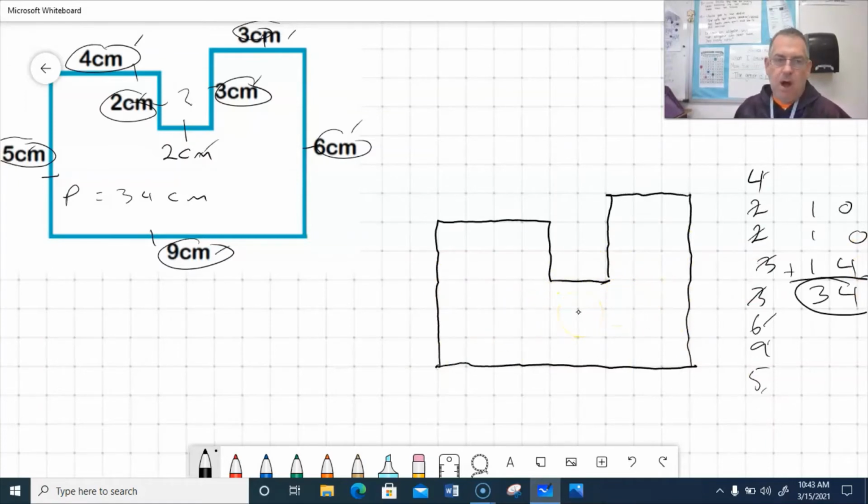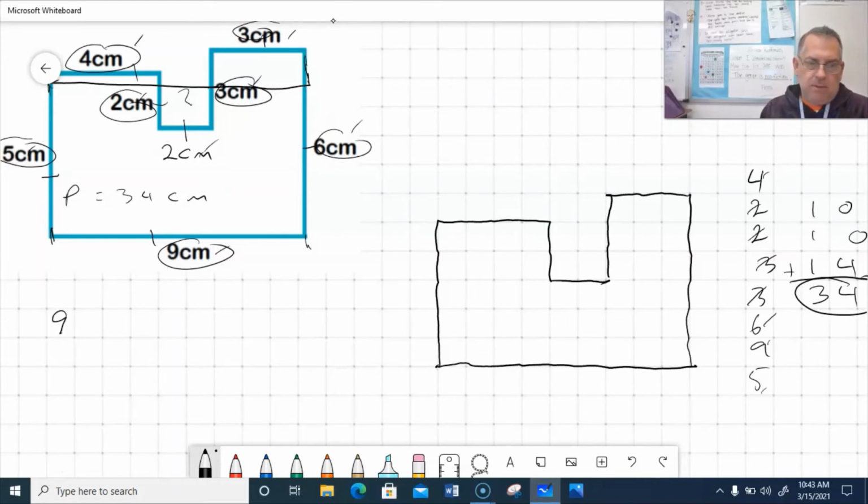But we also know opposite sides of rectangles are equal. So we could use some addition and subtraction to figure out what this missing side is. Since I know the opposite side right there is 9 centimeters, we could make an equation. We could say that 9 centimeters is equal to something